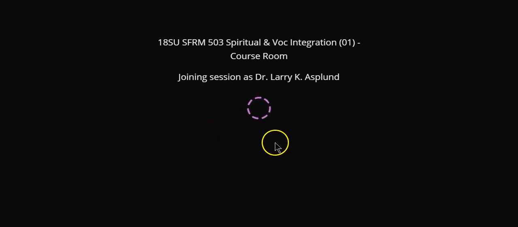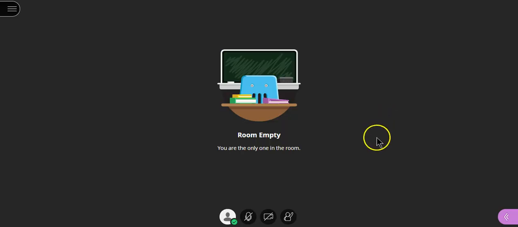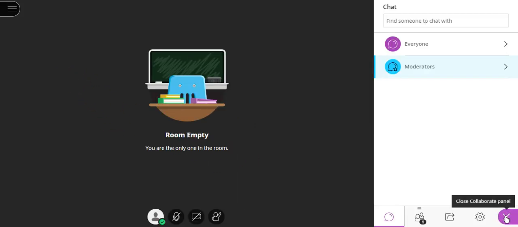They recommend Google Chrome as the browser that works well, but I'm sure you can be fine. It's really designed to work well for tablets as well. Once you get in, some of the tutorials I sent you will make it quite obvious. You have your settings panel over here, and here's my settings. This is where I will share content. I'm the only one in the room. Here's the chat. So all of those settings are here.